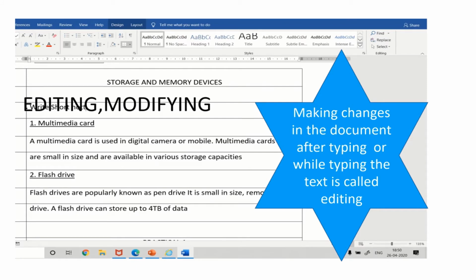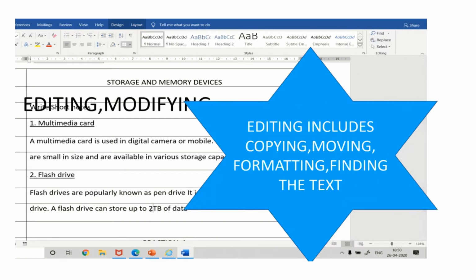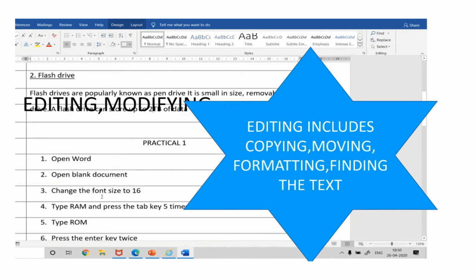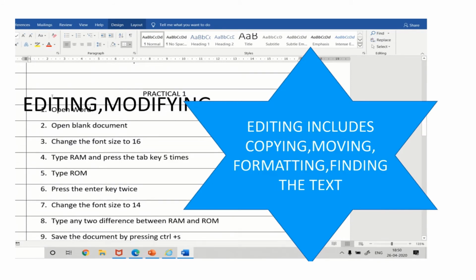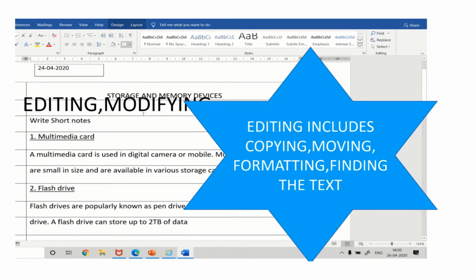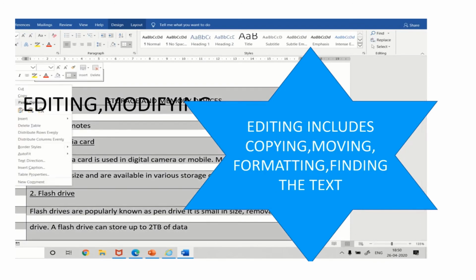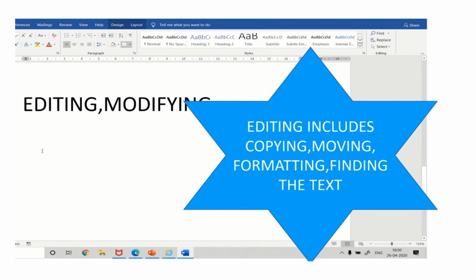I have changed it to "write short notes on". So again I have modified. That means I have changed that text. So this is all editing and modifying. Editing also includes copying, moving, formatting, finding, replacing, printing. Everything comes under editing the text.